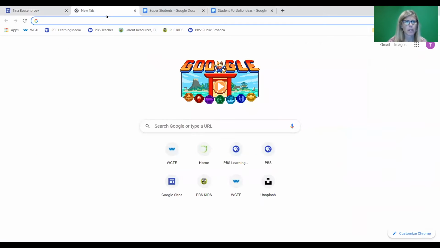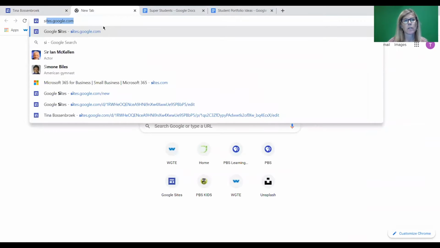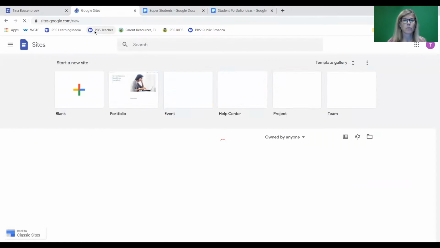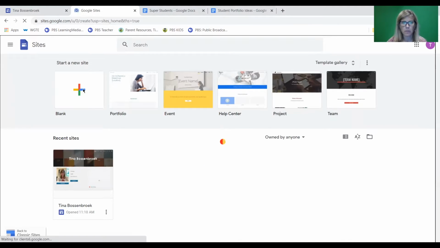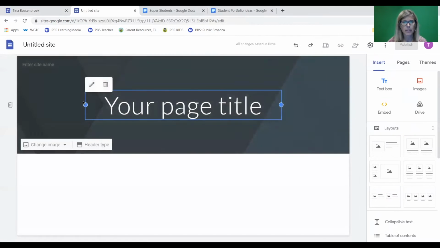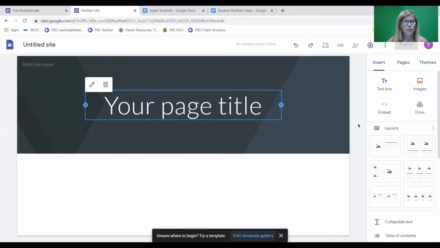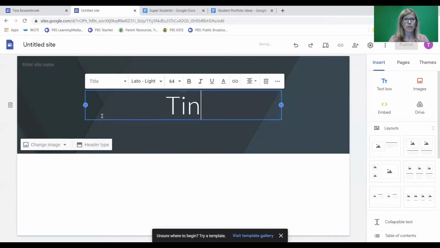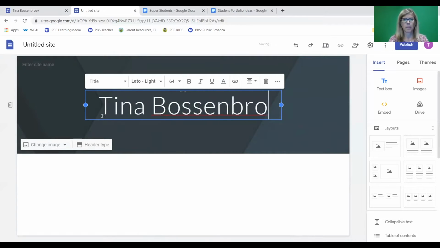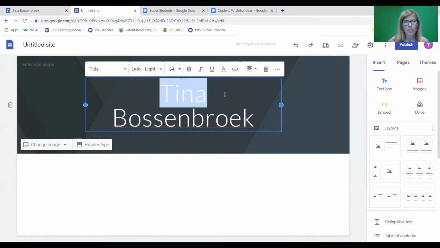If you just open a regular Google page, you can type in sites.google.com, and that will bring you to Google Sites. You can start with a blank template, and you should see something like this. First of all, the students will want to name the page using their name. They can change font